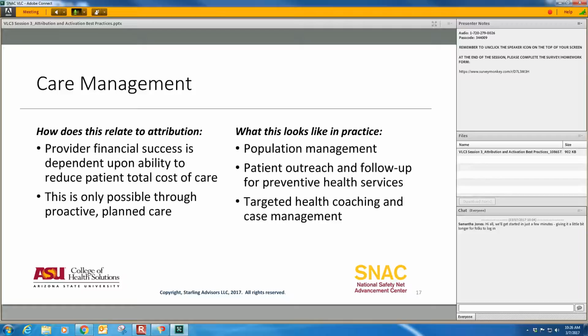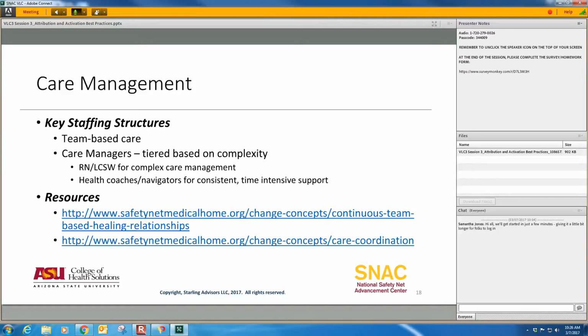What this will look like in practice, clearly you guys are all doing this: population health management, proactive patient outreach and follow-up for preventive health services, and then targeted health coaching and case management, so really working on self-management support and engaging patients in their care. Key roles here, I think this is probably